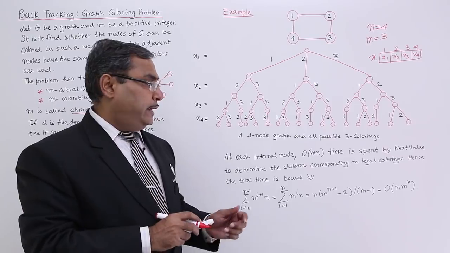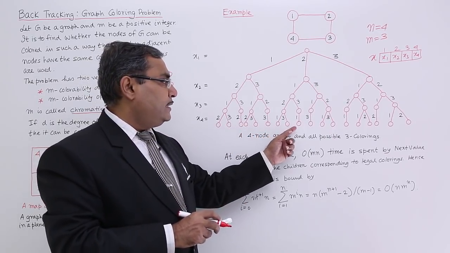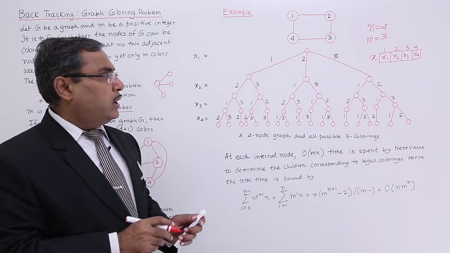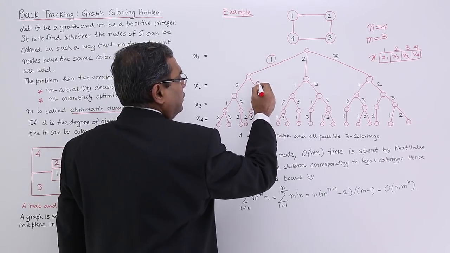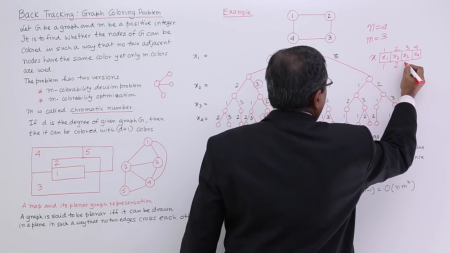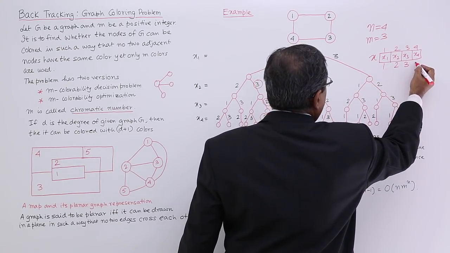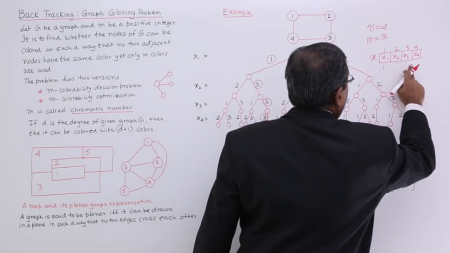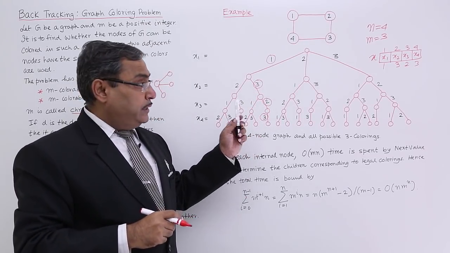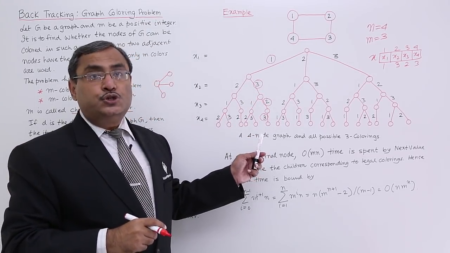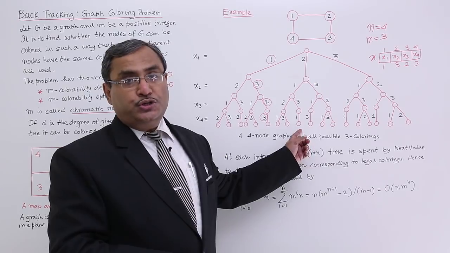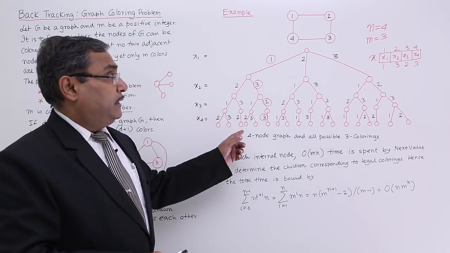How many solutions are you getting? 1, 2, 3, 4, 5, 6, 7, 8, 9, 10, 11, 12, 13, 14, 15, 16, 17, 18 solutions they are giving. So one of the solutions I can tell you, say 1, 3, 2, 3. So that is one solution. So this location will be 1, 2, 3 and 1, 3, 2, 3. So that is one of the solutions. So in this way, using this particular tree, I have shown how the solutions can be obtained. Thus, we are getting 18 solutions for this particular graph.